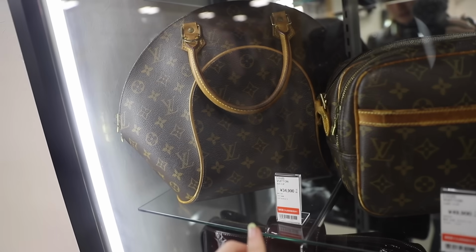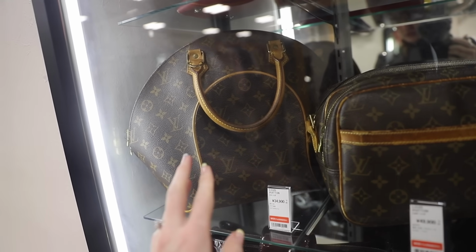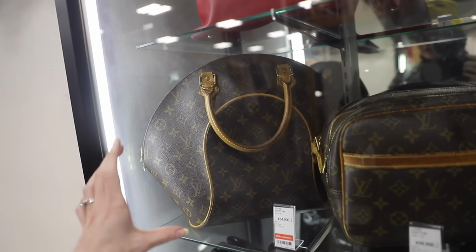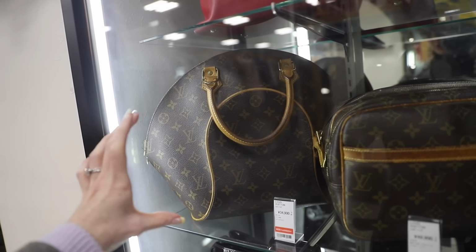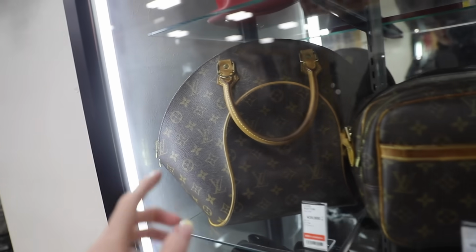So tempting. This is a Louis Vuitton handbag. I think that this is called an Ellipse. Ellipse, I'm pretty sure. I have a slightly smaller one of this that I got for about $250. This is $350 US. I reckon it's so cheap because it's a little bit dirty just around the rim there,